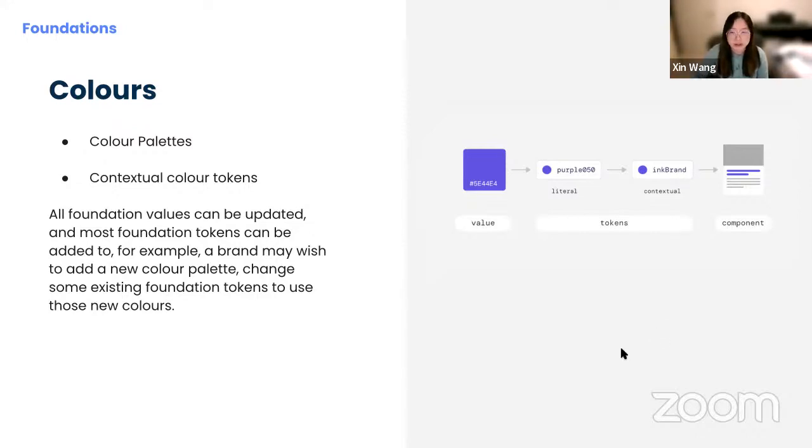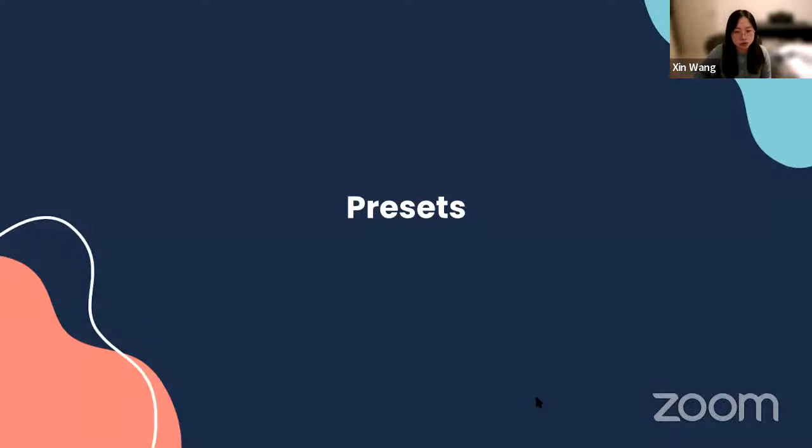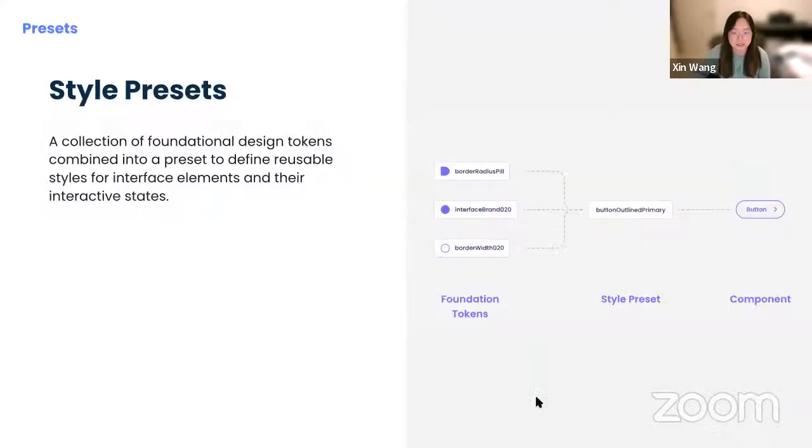Cool. So I've covered just two examples from our foundations, but you can check out more on our documentation site if you're interested. Now I'm going to go straight into presets because this is something we created and defined that I think might be interesting. In NewsKit, we have 3 presets: a style preset, typography preset, and transition preset. If you look at this example on the right-hand side, we basically grouped all the style-related tokens into one group, and we call it the style preset.